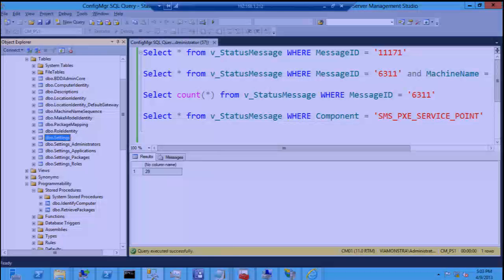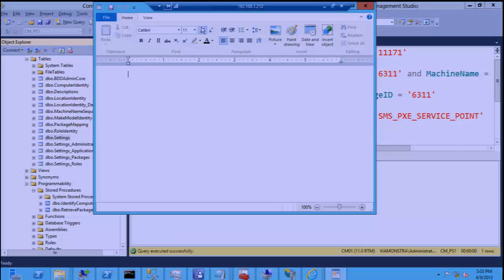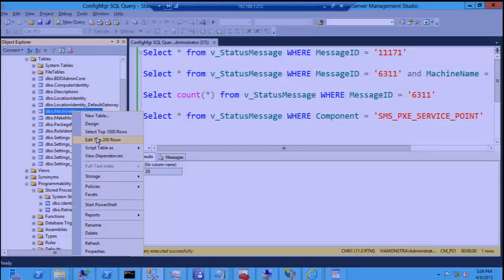To give you an example, it's quite common that people who have a Windows Deployment Services background like to assign computer names based on a prefix plus a sequence number. And that we can use with the database as well. So we can use the database to keep track of sequence numbers for computer names that have been handed out. And to do this, I have a table that is, if you edit this one,